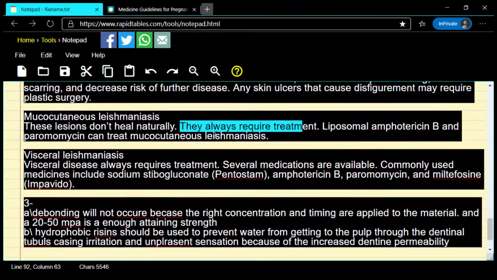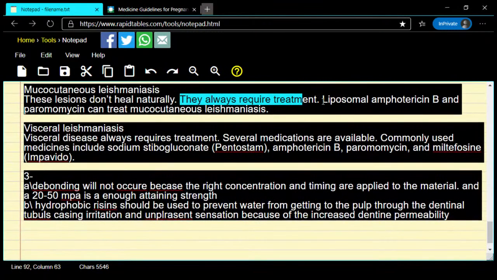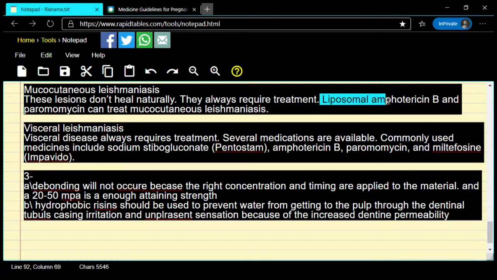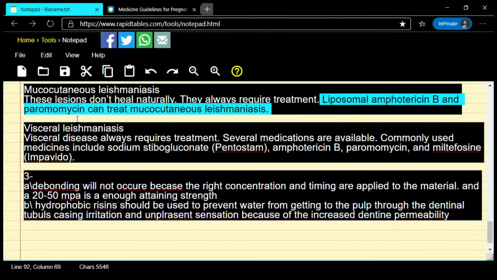This is very vulnerable. And using the liposomal amphotericin B and